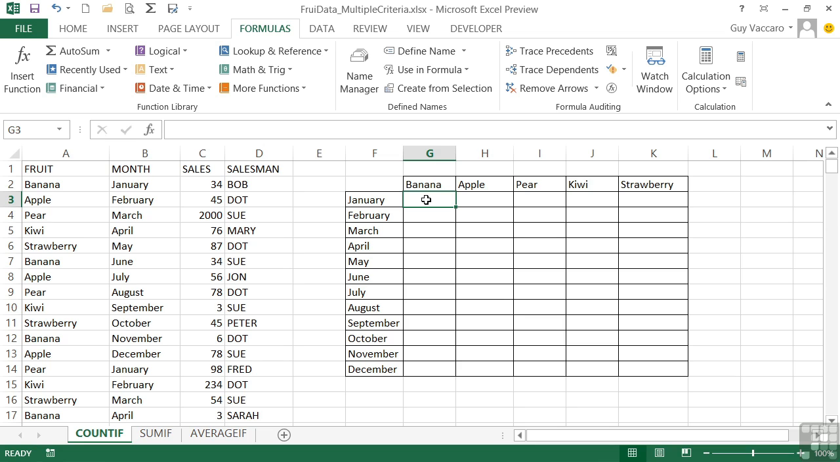our fruit data underscore multiple criteria, where we can ask it to count how many banana sales in January. So instead of counting in one table the banana sales and another table count the January sales, we can count both things at the same time. We effectively check in for bananas in January, apples in January, pears in May, to fill out this whole table